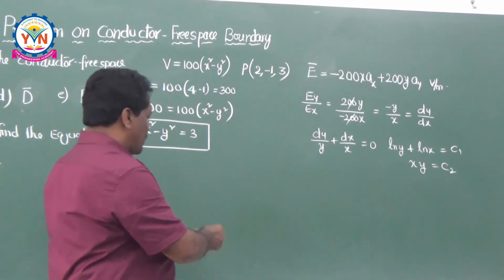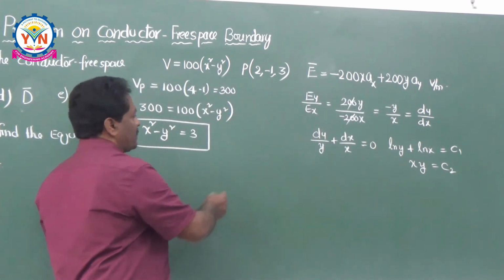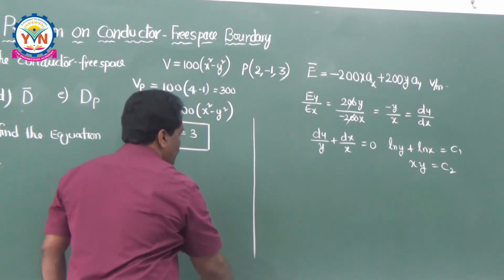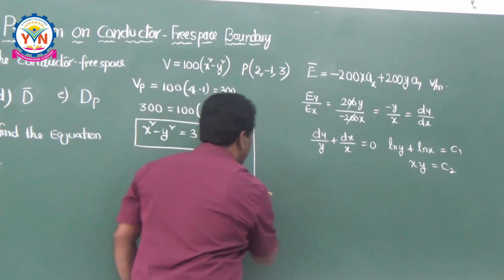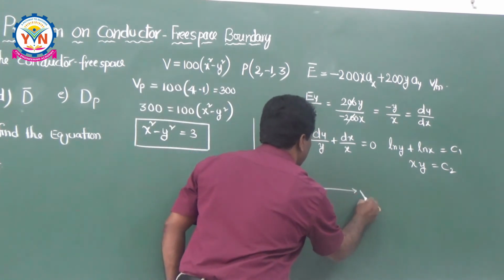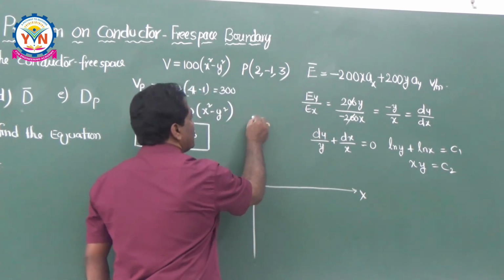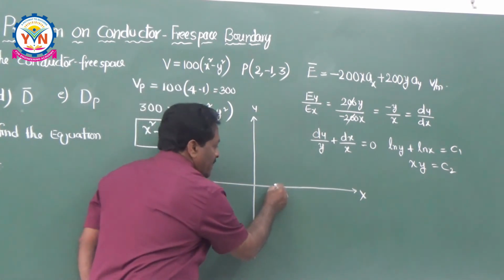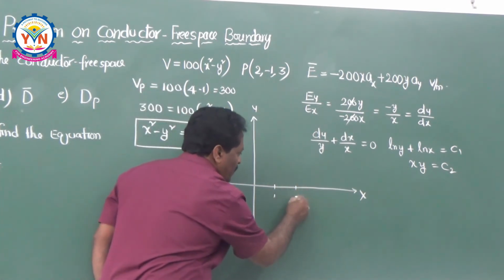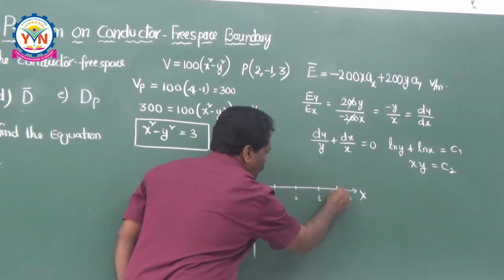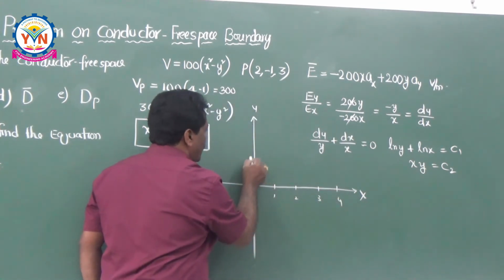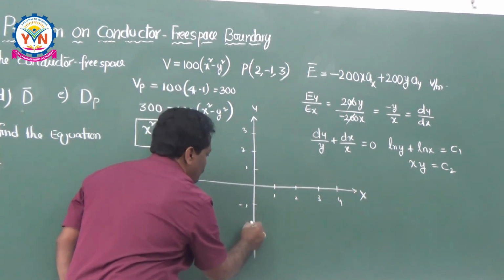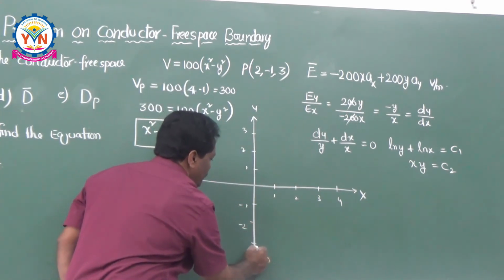Now let us sketch these values in the graph like this. So let us take a graph here, and this is the y-axis and this is the x-axis. That will be the x-axis and this is the y-axis. Now just approximately this is 1 unit, second unit and third and fourth like this, and this is 1, 2, 3, and this is negative -1, -2, -3.